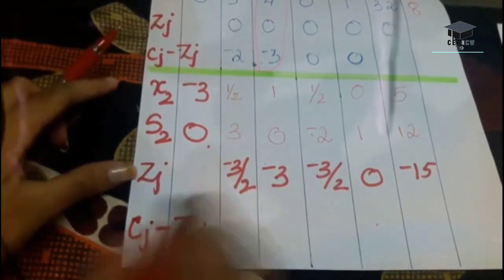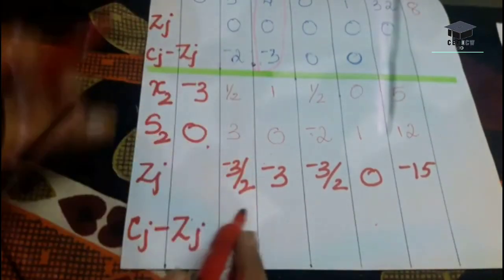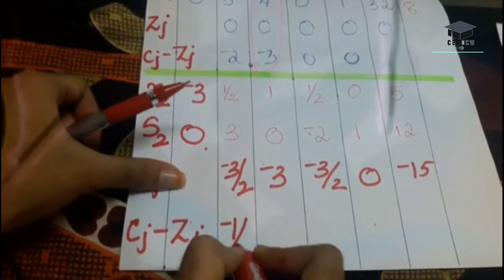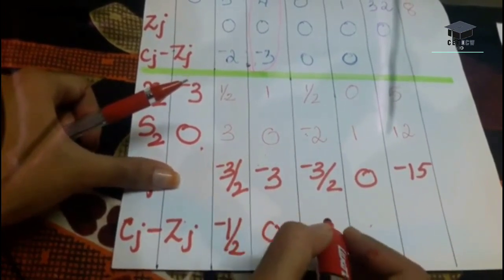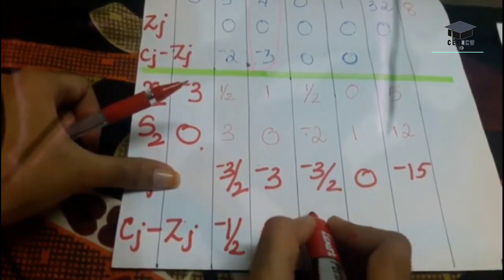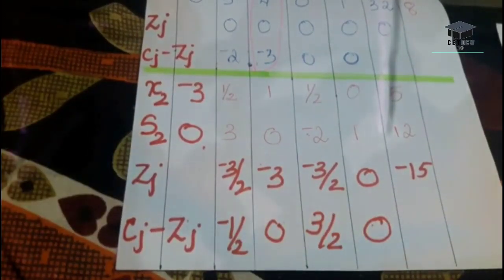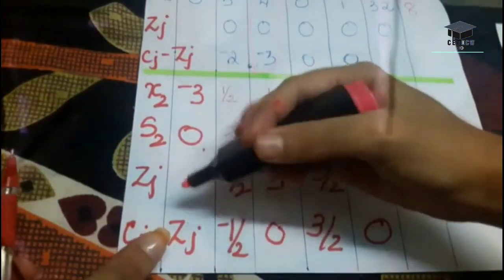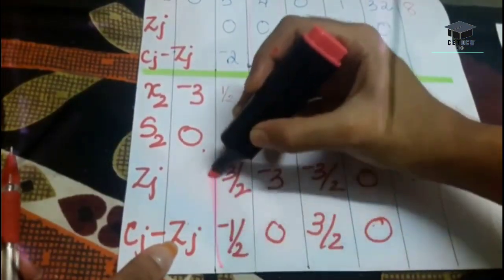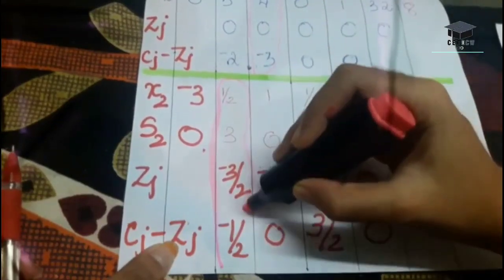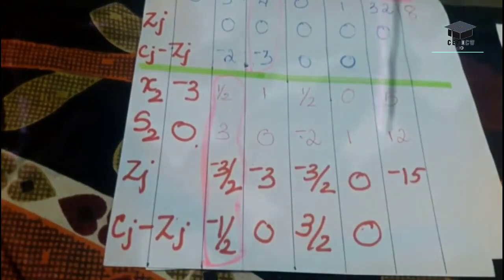Minus 2 minus minus 3 by 2 is minus half. Then again minus 3 minus 3 is 0, then 0 minus minus 3 by 2 is 3 by 2. So now we have reached this much. So now we will find out the next least minimum value, that is minus half, and again we will find